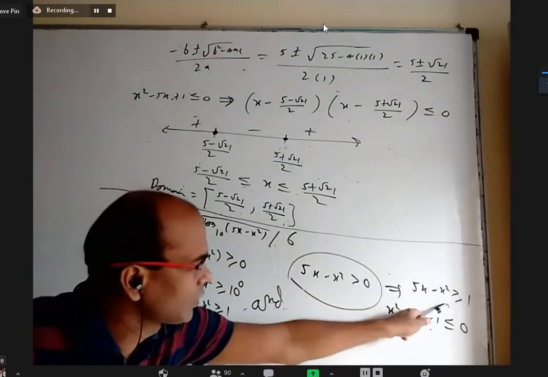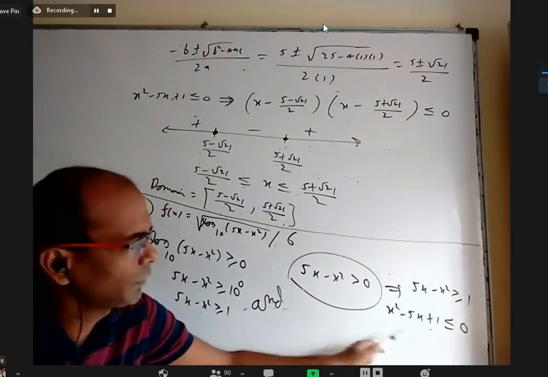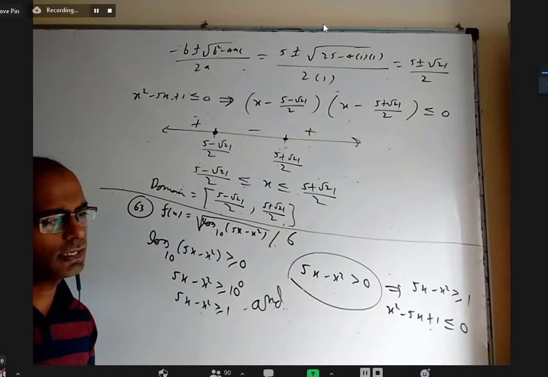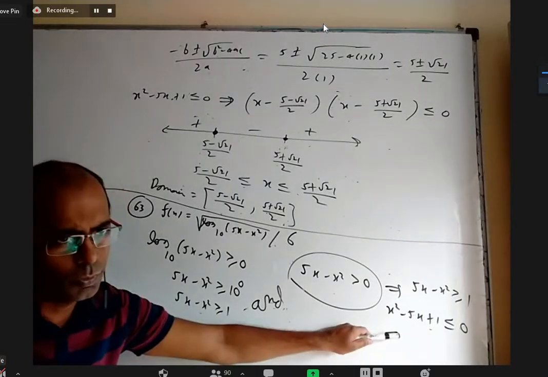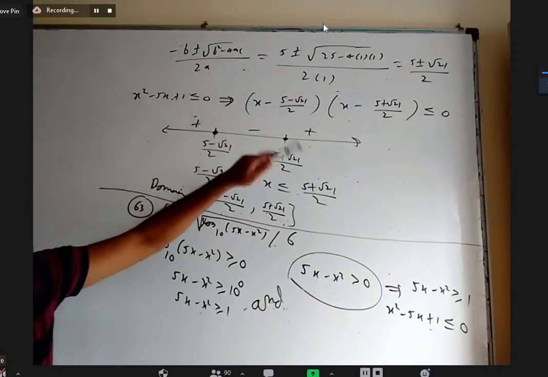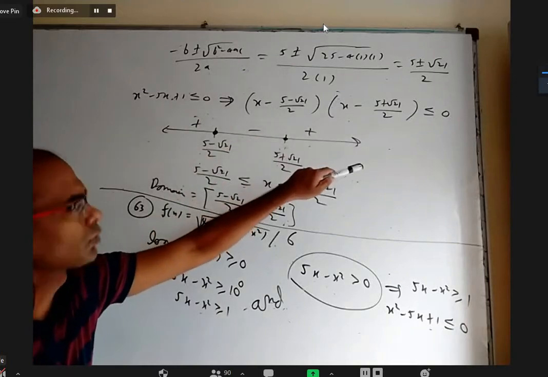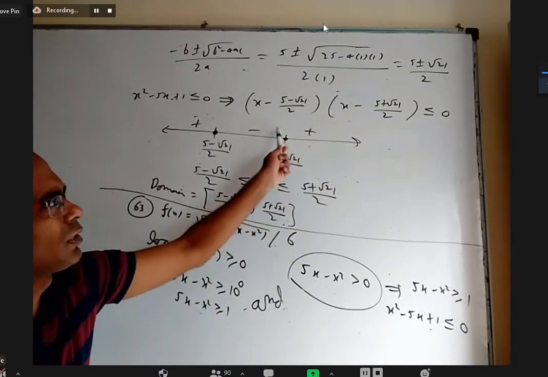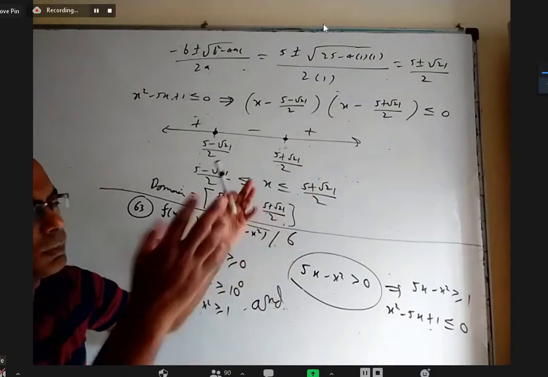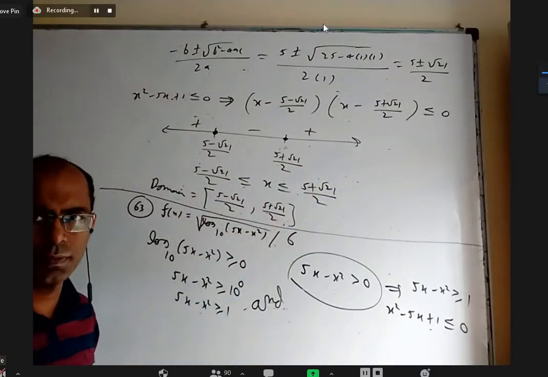And that I brought everything to the other side. I got this quadratic inequality with less than. The roots are not simple, they're surd, so I have to find the root separately and write (x minus alpha) into (x minus beta) less than or equal to 0. Whenever you want less than 0, it will be between the roots. Whenever you want greater than 0, it will be outside the roots. We know that. We have done it so many times.